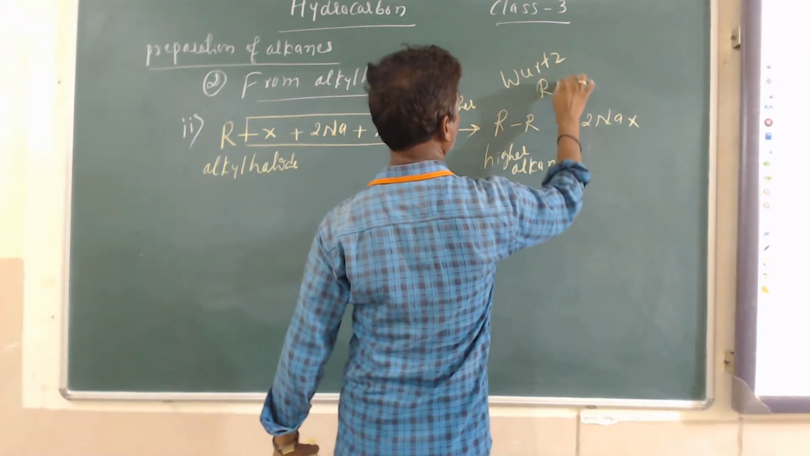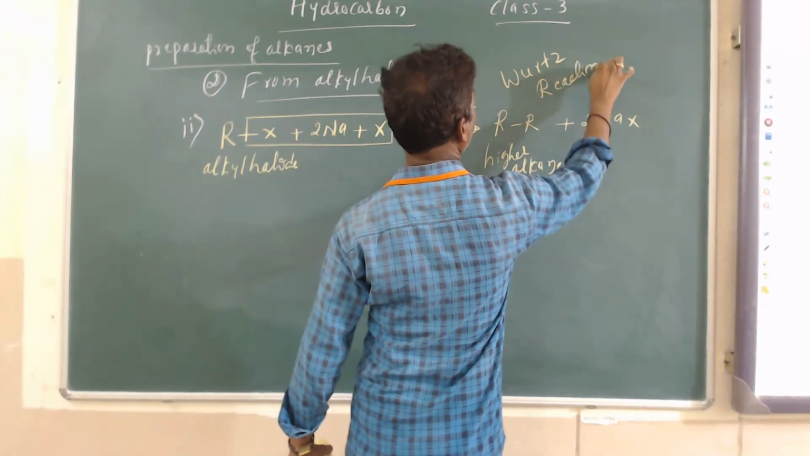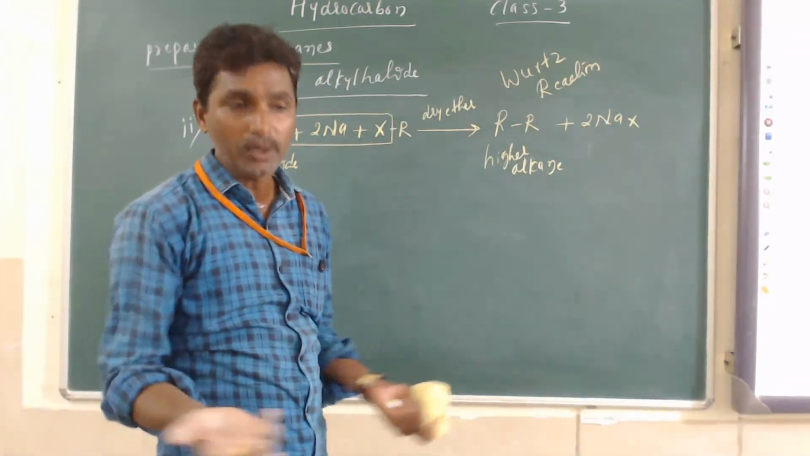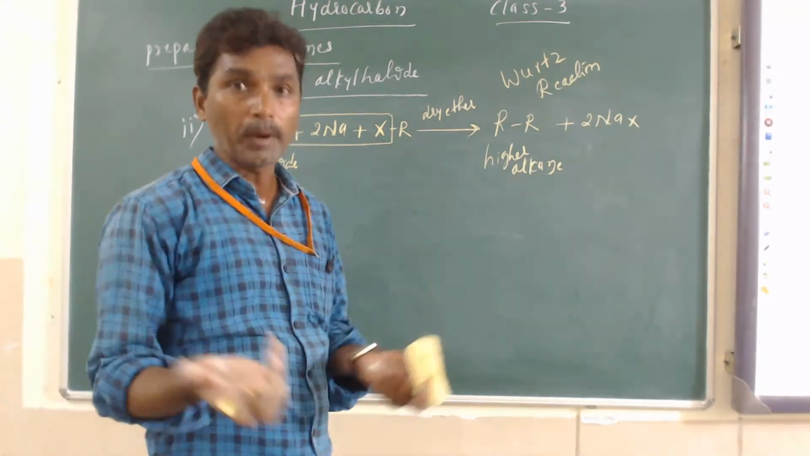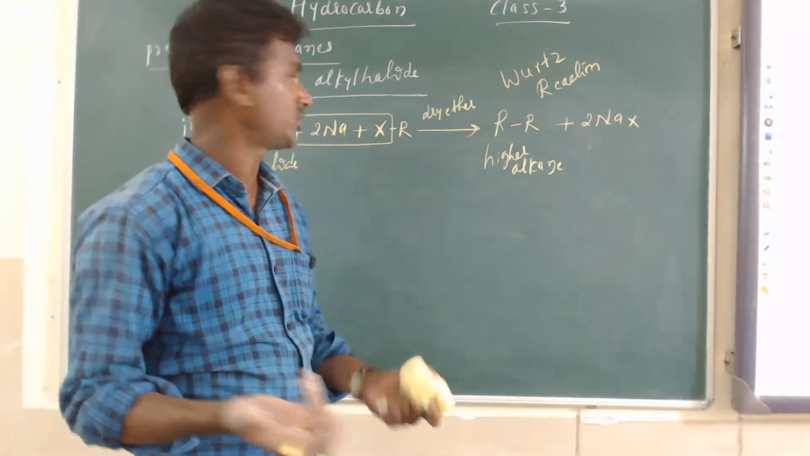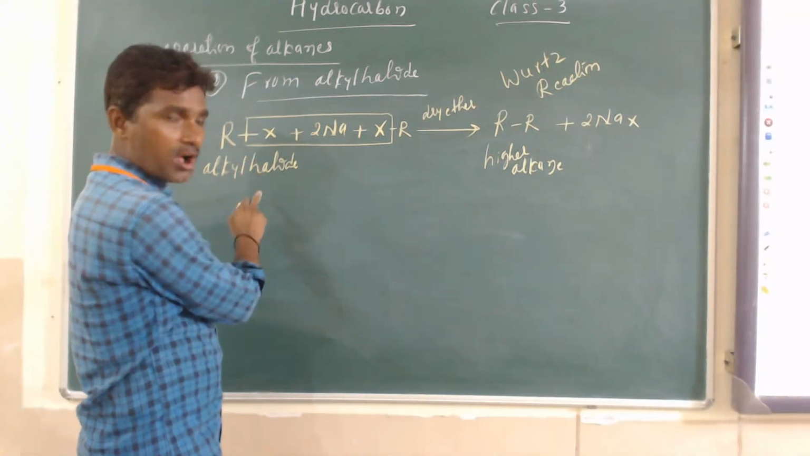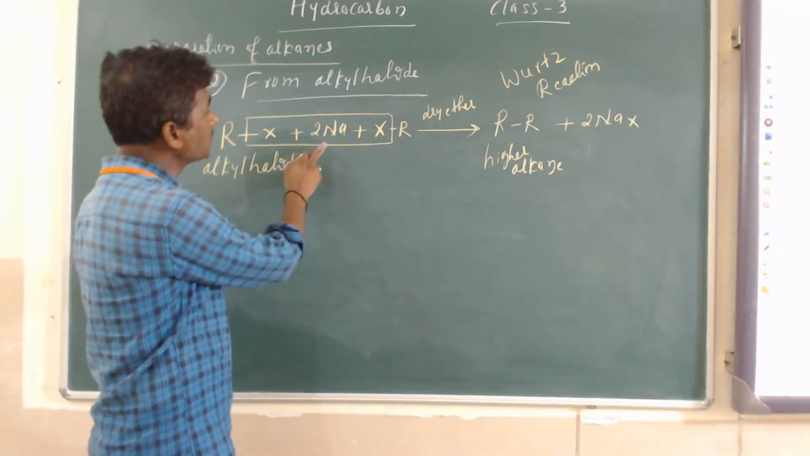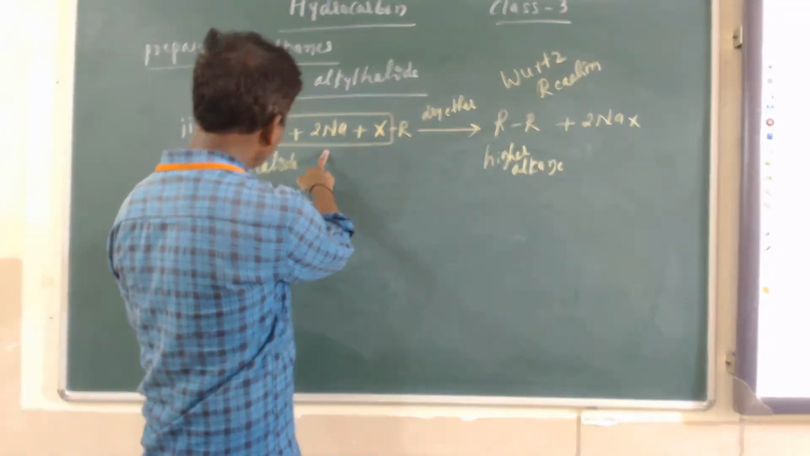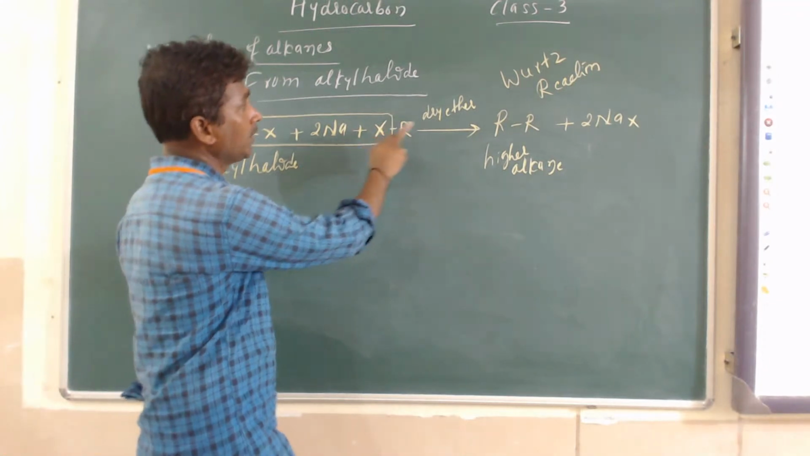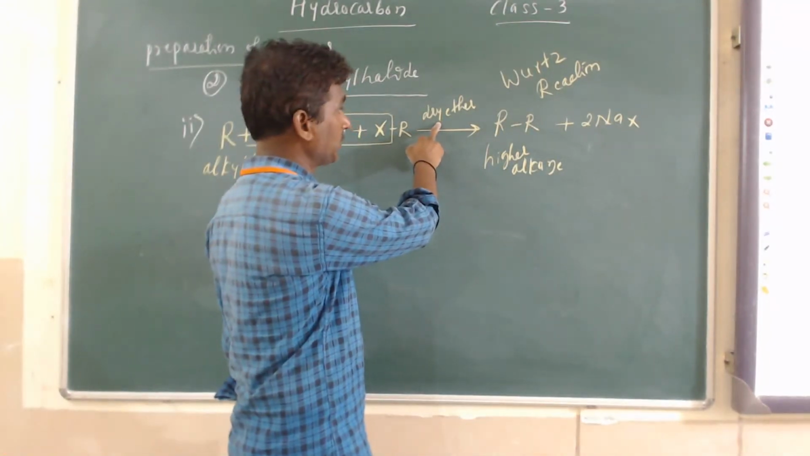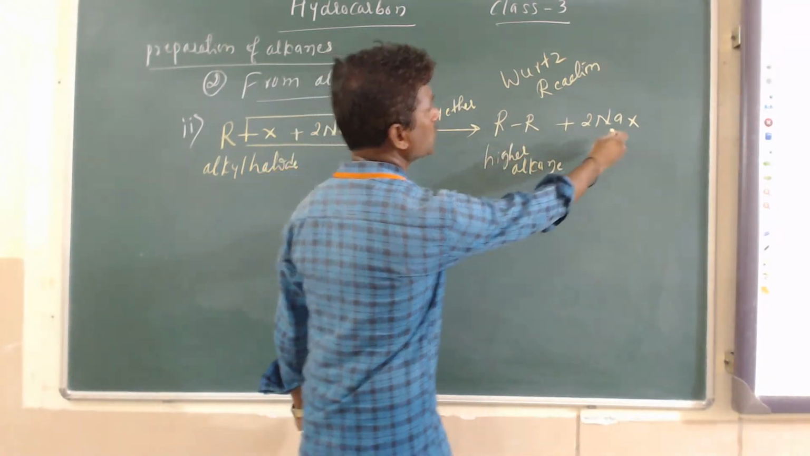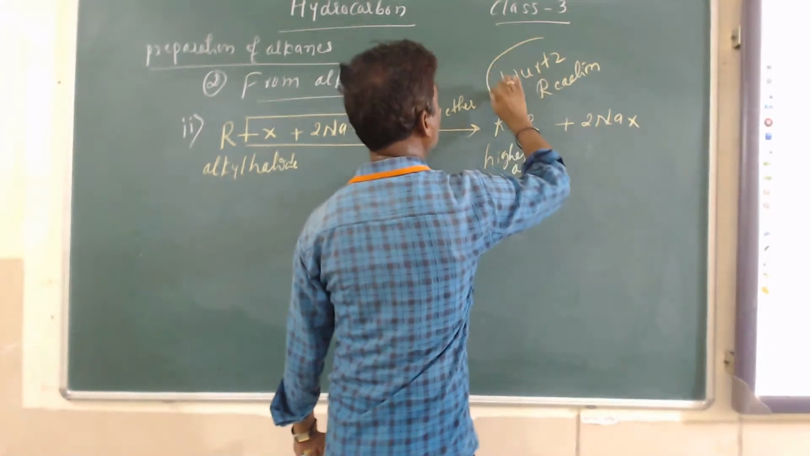Whose reaction? In the examination, explain Wurtz reaction, or how do you prepare alkane by using Wurtz reaction? So this is RX. What is R? R is an alkyl group. X is a halide. Alkyl halide is treated with sodium metal in the presence of dry ether. It gives R-R, a higher alkane, plus 2NaX. So this reaction is known as